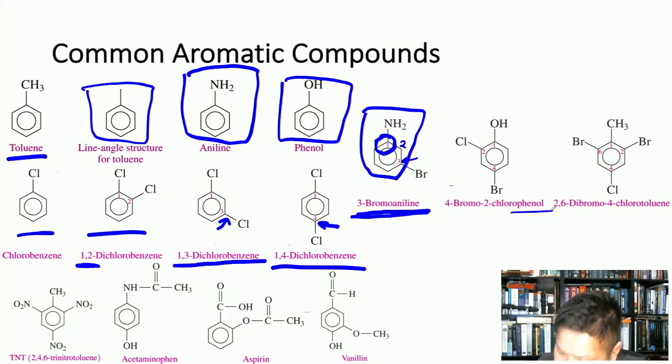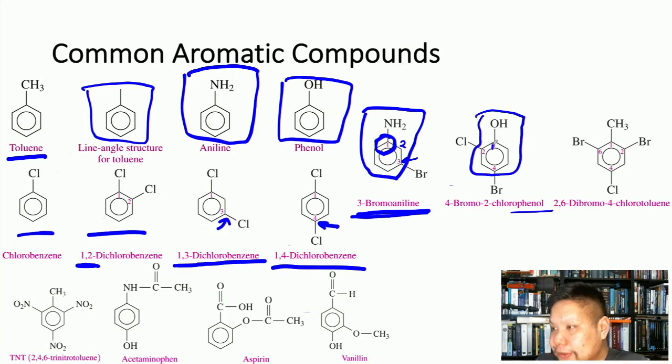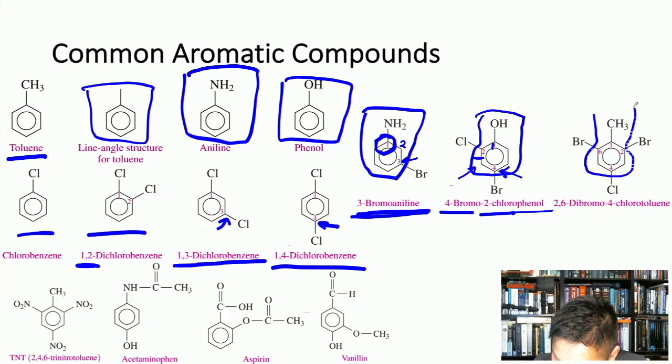Here we have a phenol, right here. This part right here is the phenol. Of course, the primary substituent being the OH is where the 1 goes for the first carbon. And we go in the direction of the next closest substituent, which is chlorine, at the second carbon right there. We have a third carbon here with nothing on it, and a fourth carbon with a bromine. And that's why we call it 4-bromo-2-chlorophenol. Again, we have a well-known aromatic compound right there, which is toluene.